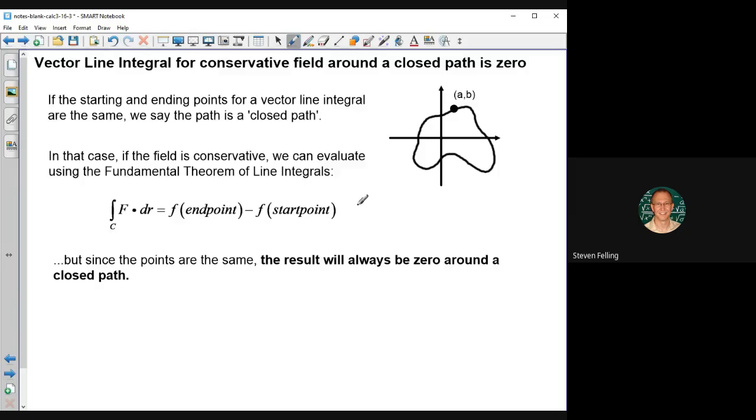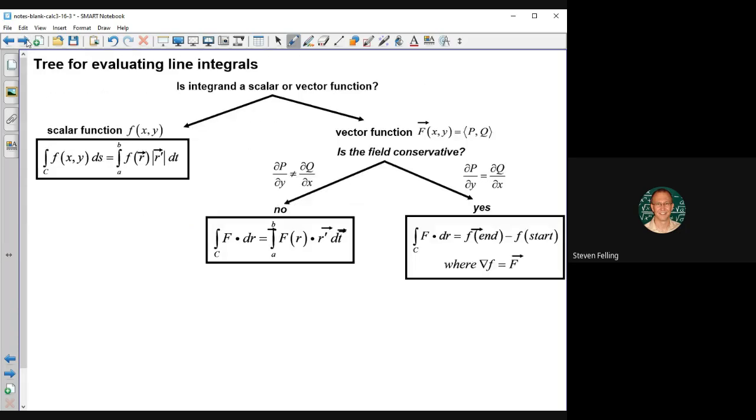Oh, one more thing. If you have a conservative vector field and you start and end at the same point, then that is referred to as a closed path. Okay, and for a closed path, if you happen to have a conservative vector field, that means that you're going to be plugging the same point in for start and end, so that will always be 0. So the result of a closed path line integral through a conservative vector field has to always be 0. In other words, the sum of the effect of this field, whatever happens along the way, has to be completely undone by the time we get back to the start. Right? Now that won't be true for non-conservative vector fields, but for conservative vector fields, this sums to 0. That result has some applications in physics. Okay. All right. Let's go ahead and do some